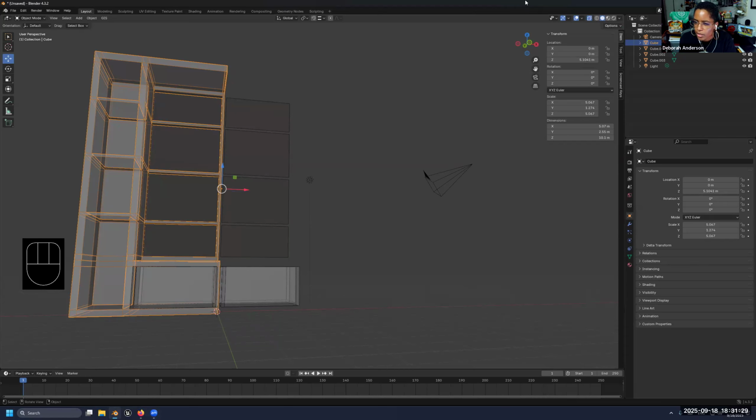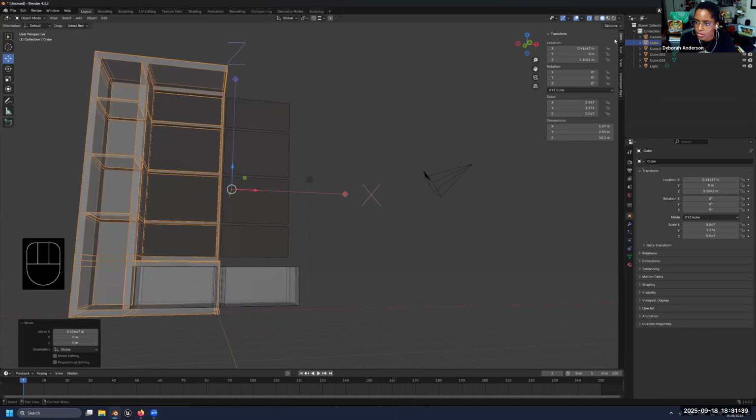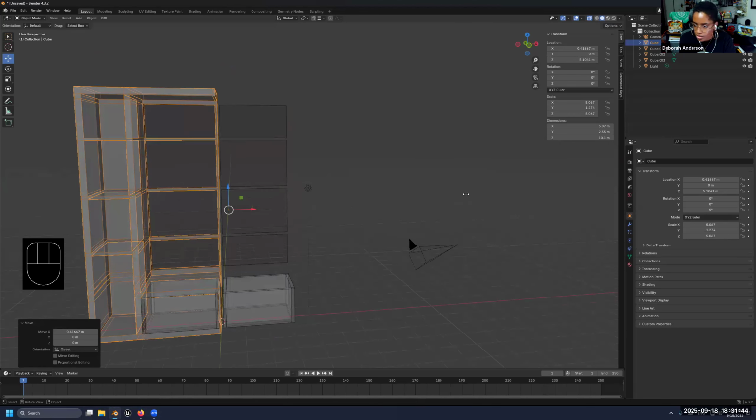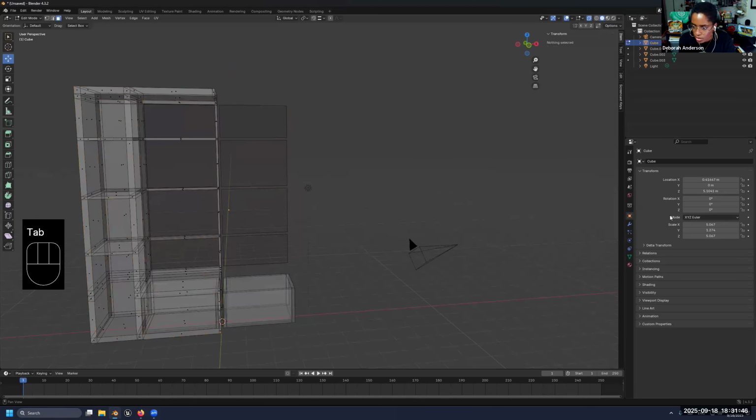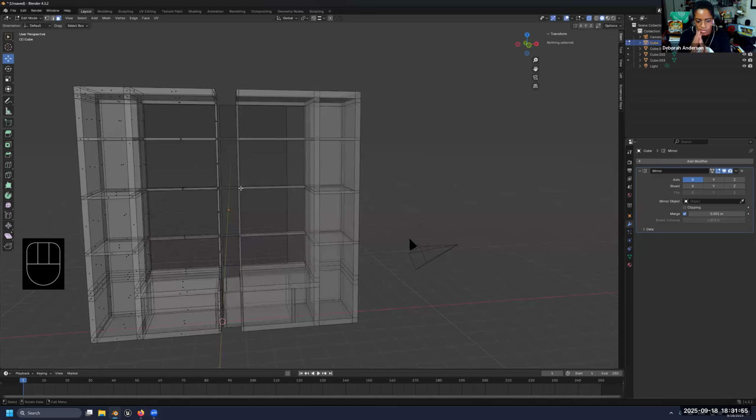I'll just undo, I guess. Let me see if I move this, throw it off. I'm just moving the origin to test how it will mirror across. So if I go into object mode and add my mirror modifier, yes, it is mirroring according to